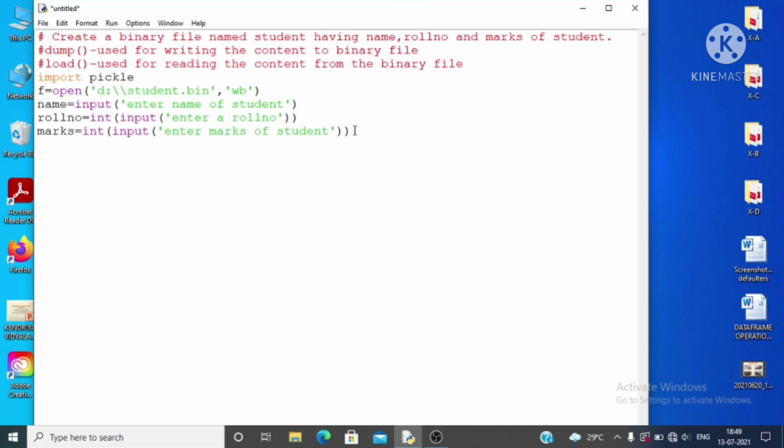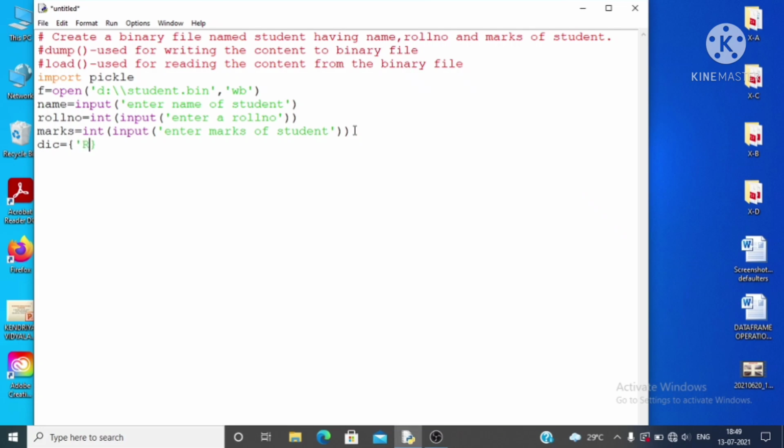After that, I will create a dictionary from these three data: name, roll number and marks. For creating a dictionary, use curly brackets. Each element of the dictionary will be in the form of a key value pair.